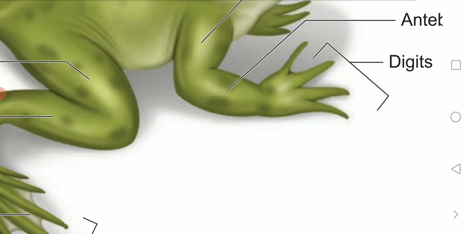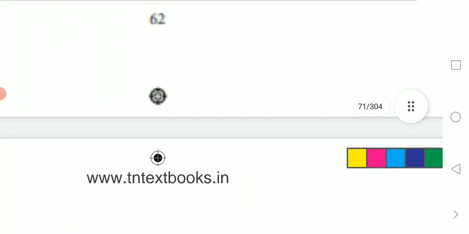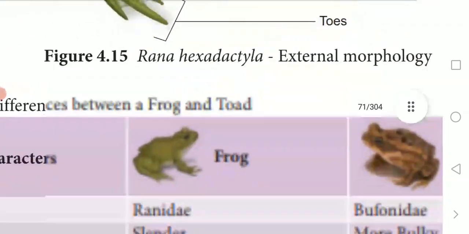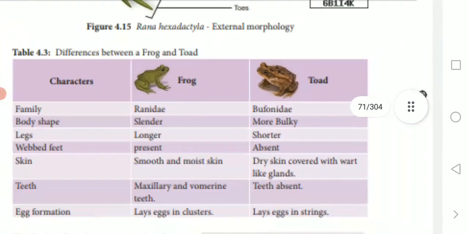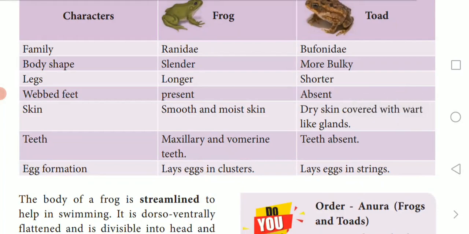So that's all about the external morphology of the frog. Also go through the difference between frog and toad. You have to learn this tabular column. They will ask you for 3 marks, so just go through this one. The next topic is